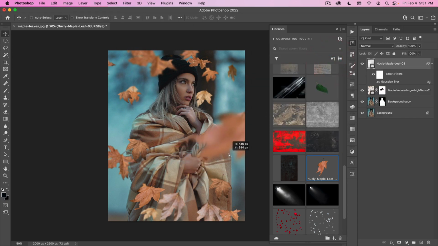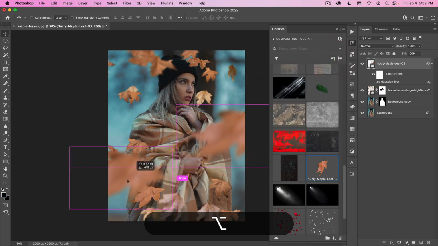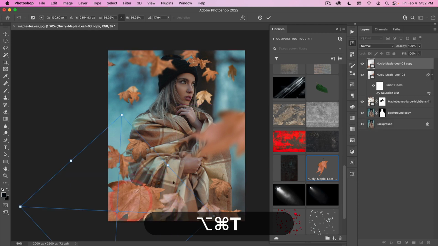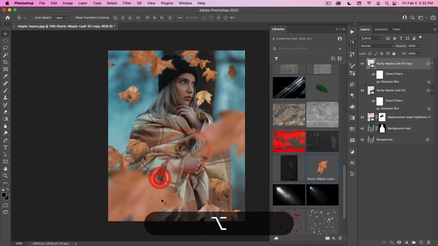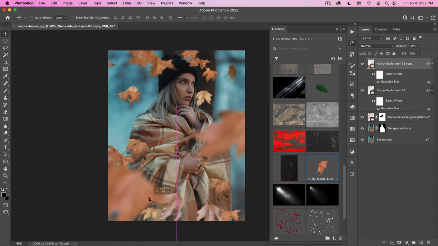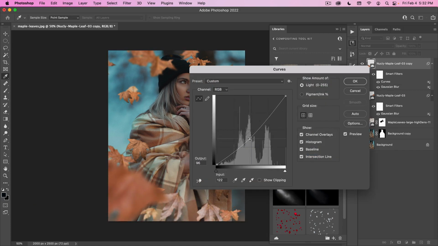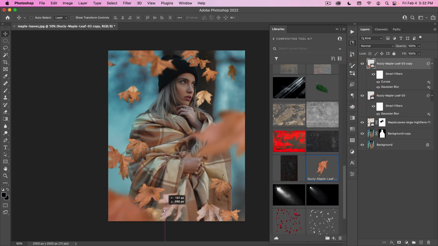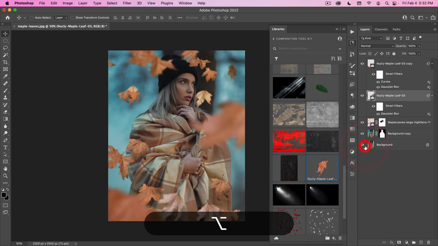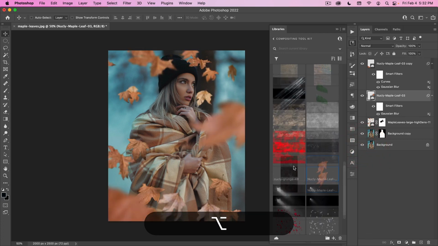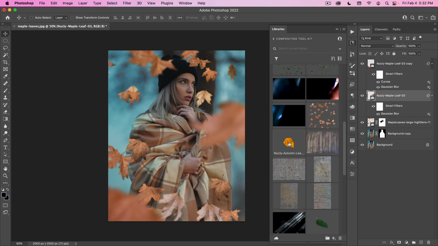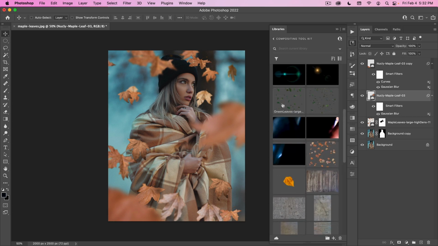And that's just going to give you the appearance, or the kind of illusion, that some of these are very close to the camera here. And so that these don't look too similar, I'm going to curve this one, make it a little darker. So there you go. That's the before and that's the after. And you also have some autumn leaves and some green leaves that you can do that with.